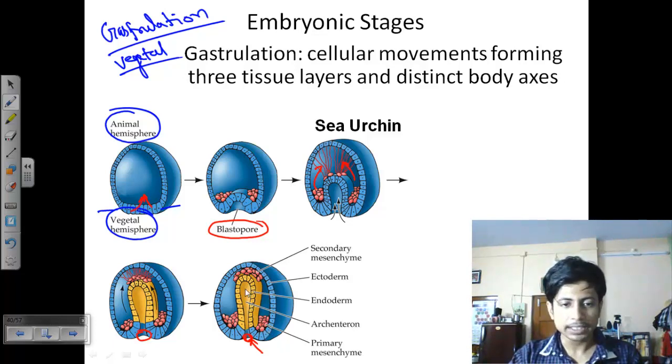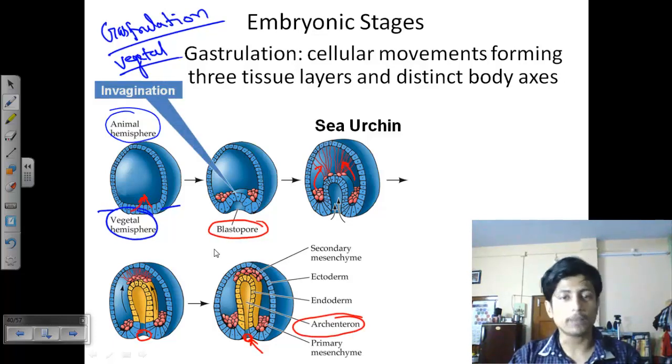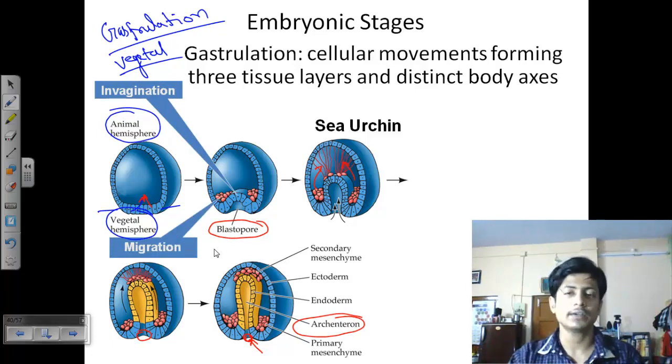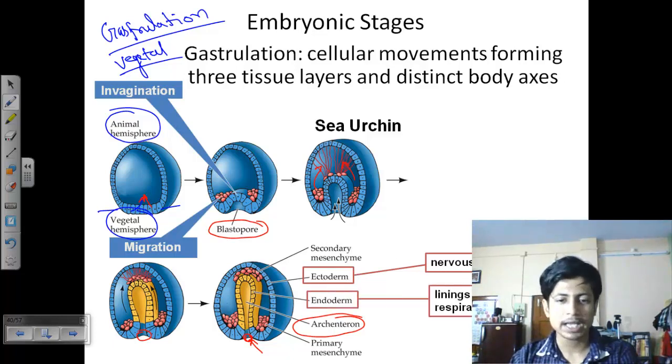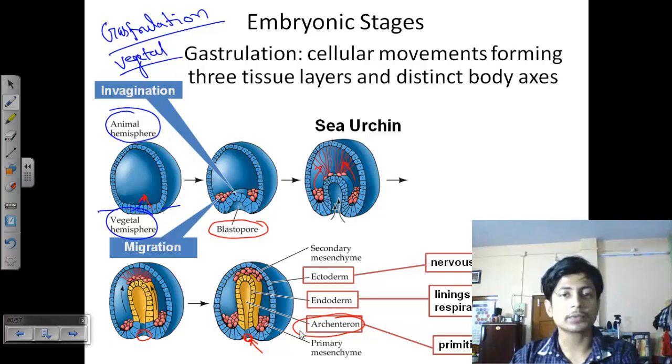And then that cavity that is generated due to the invagination of those cells, remember, in between this cavity is known as archenteron, and this archenteron will finally fold, and ultimately produce what we know as a primitive gut of that organism. And this is the ectoderm, the outermost layer. The ectoderm provides us nervous system as well as skin. Endoderm, this is the yellow layer, it creates the linings of digestive and respiratory tracts, and this archenteron produces primitive